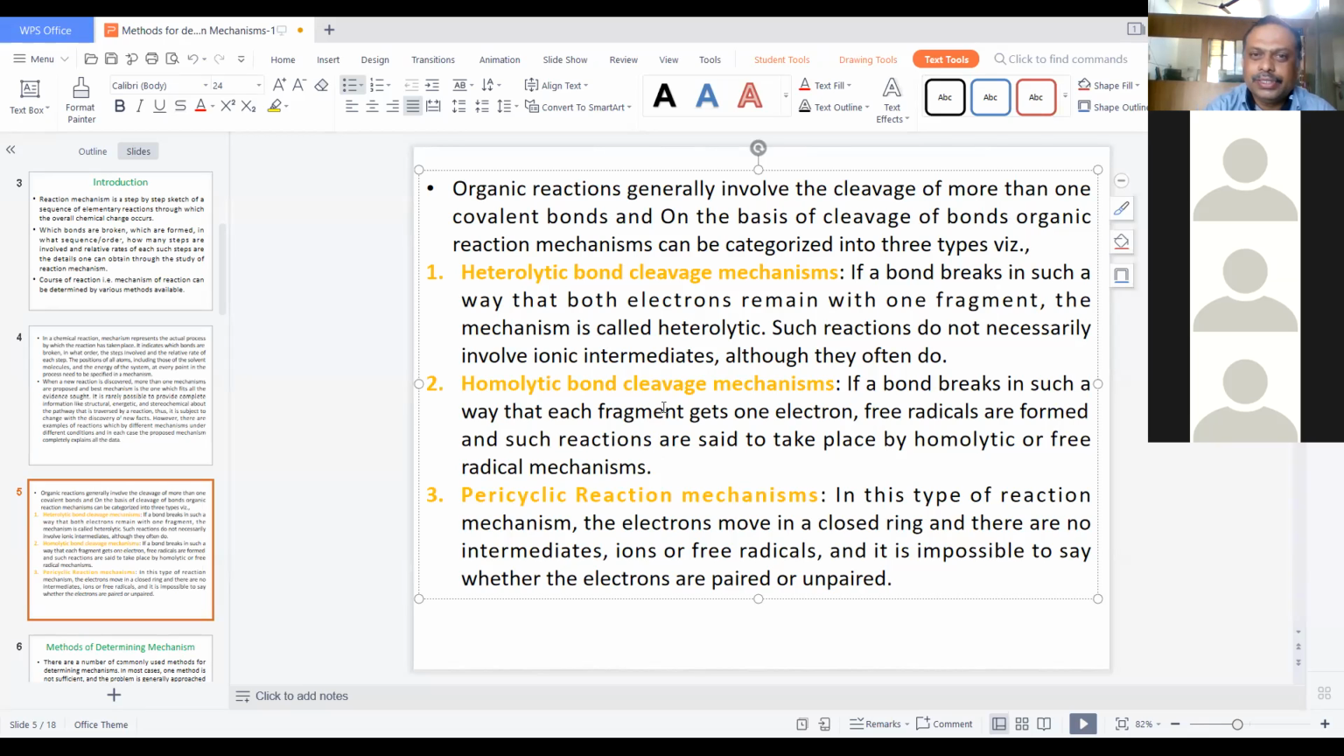Heterolytic bond cleavage: if a bond breaks in such a way that both electrons remain with one fragment, the mechanism is called heterolytic mechanism or heterolytic bond cleavage. What happens in heterolytic bond cleavage? When the bond breaks,